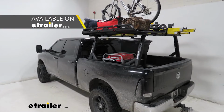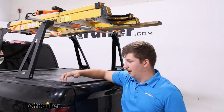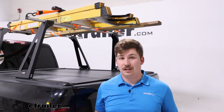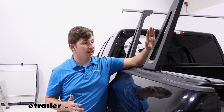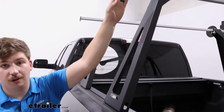That's an adjustable ladder rack system that still does work with your tonneau covers here as long as they've got that rail system. So you get more adjustment there. You can change that height depending on what you're carrying, unlike this where you're kind of stuck with that height you have here. Overall construction is going to be a black powder coated steel upright, and the crossbars are aluminum,